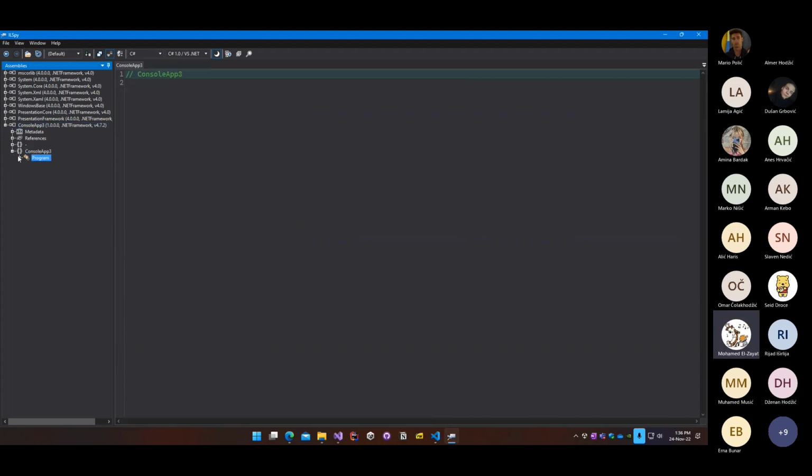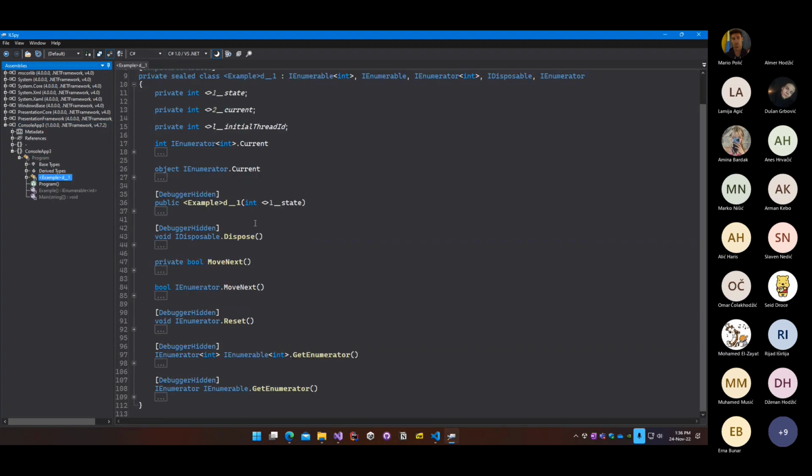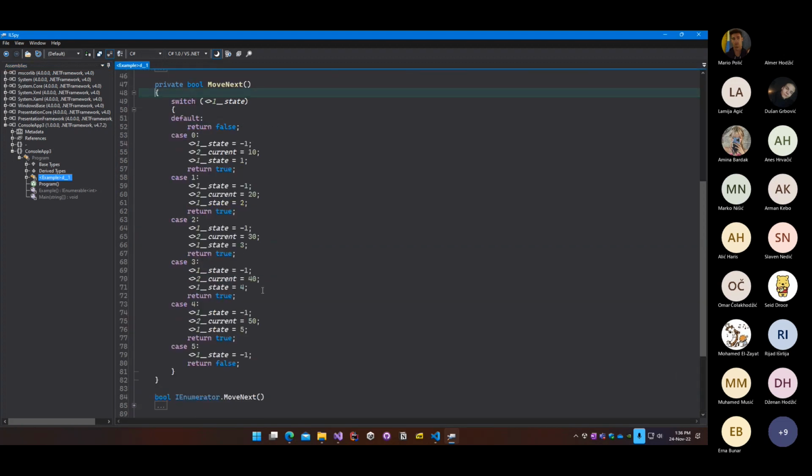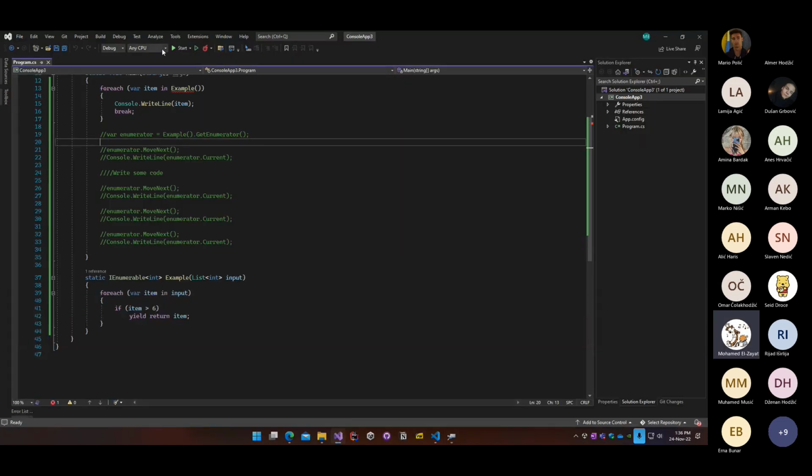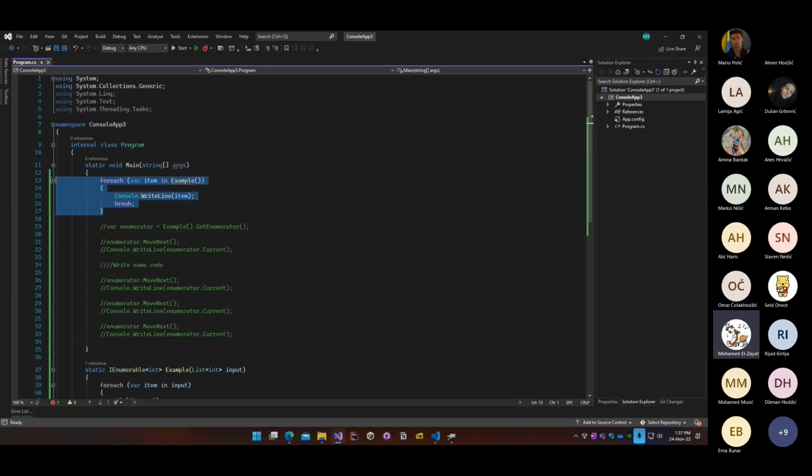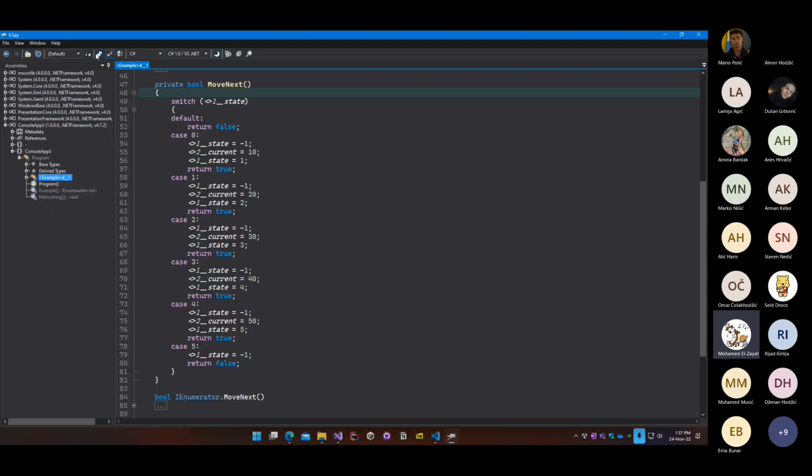I thought I compiled, didn't I? Probably I didn't. Oh, it didn't. Hang on. Yeah, it didn't compile. There was an error. So right now, build succeeded. And if I reload this thing,